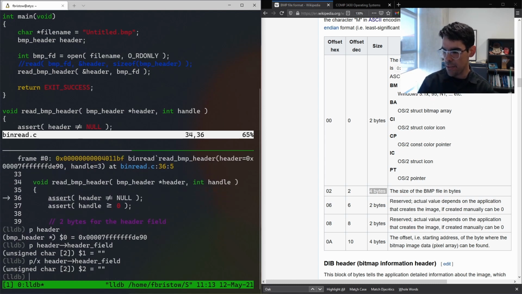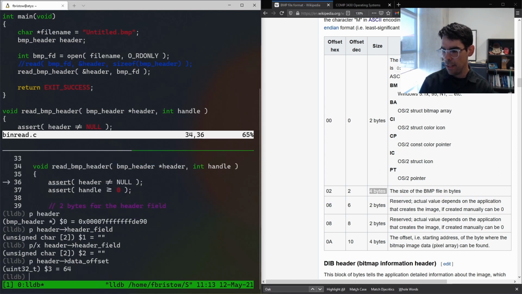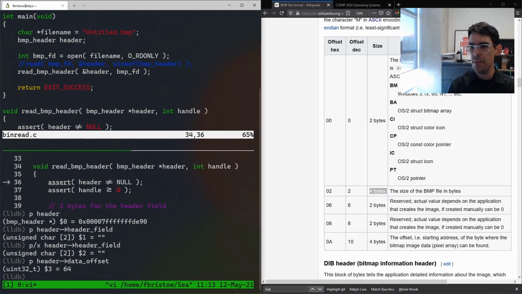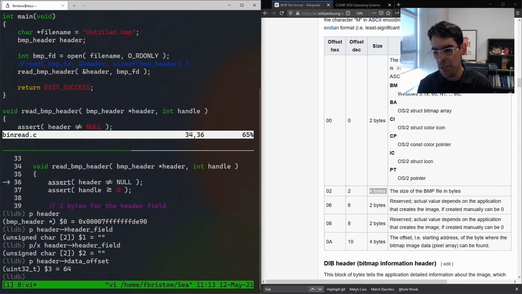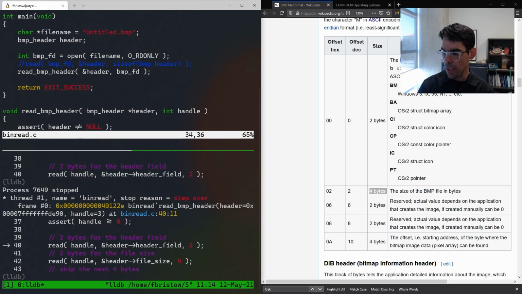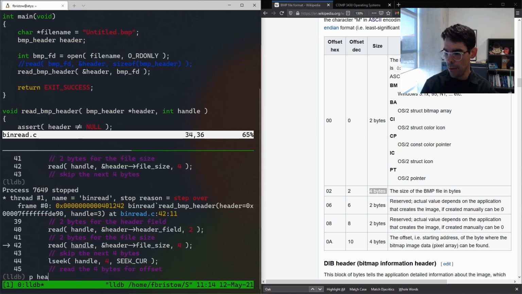I'm going to say px. So that says printed as hex, but it's also still just nothing. I'm going to say p header at data offset. That's some random value. So this is a struct that hasn't been initialized yet, so it's kind of got a bunch of random garbage in it. So I'm going to step through this function. I'm going to print out now. So after I've read it, I'm going to print out header